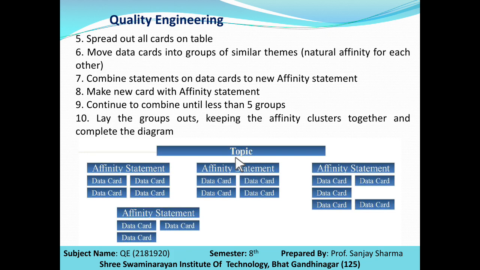Now here you can group a particular production technology, or you can group the technology used for the manufacturing, or you can group the material used for the manufacturing of a particular component. Now the affinity statement means any kind of statement or production you are going to take into consideration. So under the topic you can see here 1, 2, 3 and 4 different statements. For example, manufacturing of a robotic arm: the material, the process, the electronic part, and the execution, or the quality.